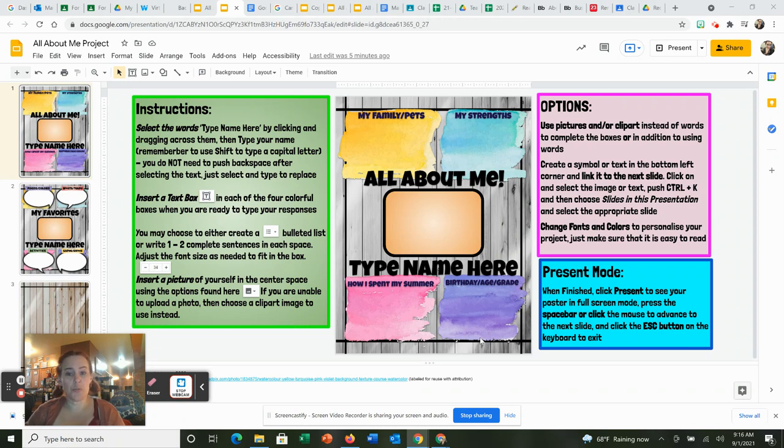And in order to do that, we were going to use a bit of Google Slides activity. So, in your Google Slides, you have been given some directions on how to put together an all about me